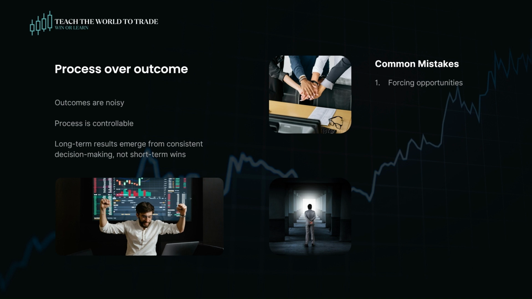A lot of common mistakes: forcing opportunities, trying to squeeze opportunities that aren't there, that don't sit within a process that you have almost written down and you've repeated and you've got experience doing. Changing rules mid-trade. See this a lot with traders, and you go over and ask them why they haven't stopped out or why they've added more to a trade. It wasn't part of their plan because they decided to chop and change, changing those rules about the trade mid-trade. You can plan for eventualities and contingencies before you actually trade, and build that in your plan. But if you start flip-flopping your rule sets mid-trade, you do find losses happen and occur.